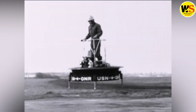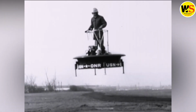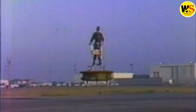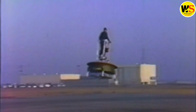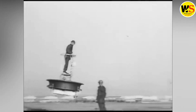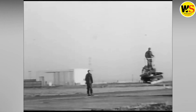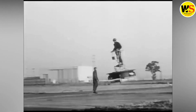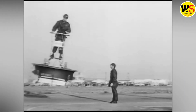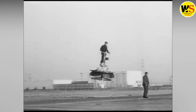The platform's innovation was the duct surrounding its counter-rotating propellers. The air drawn over the rim of the duct provided 40% of the aircraft's thrust, with the remaining 60% created by the propellers inside. The steering was also revolutionary. The pilot could simply lean to one side or the other in order to move the platform in that direction. But after evaluations, the U.S. Army considered the platform to be impractical as a combat vehicle. It had limited speed and could only fly with help from ground effect, which meant it could only fly so